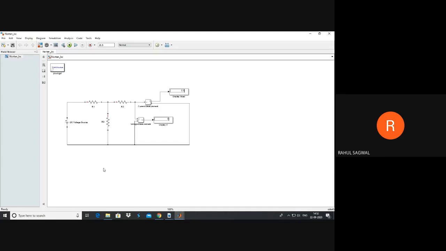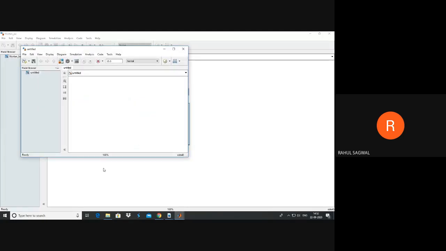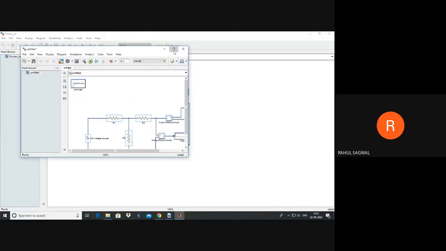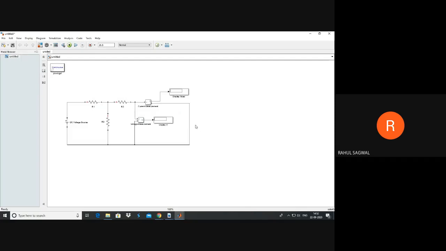Okay. Next, copy paste this circuit in a new model. Next, we need to calculate RTH.